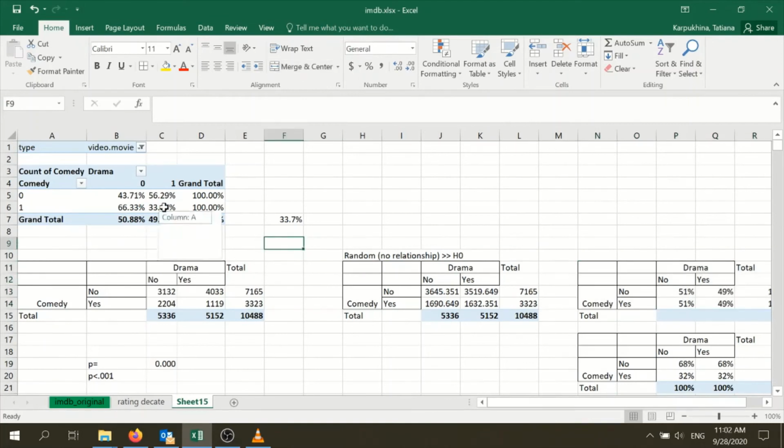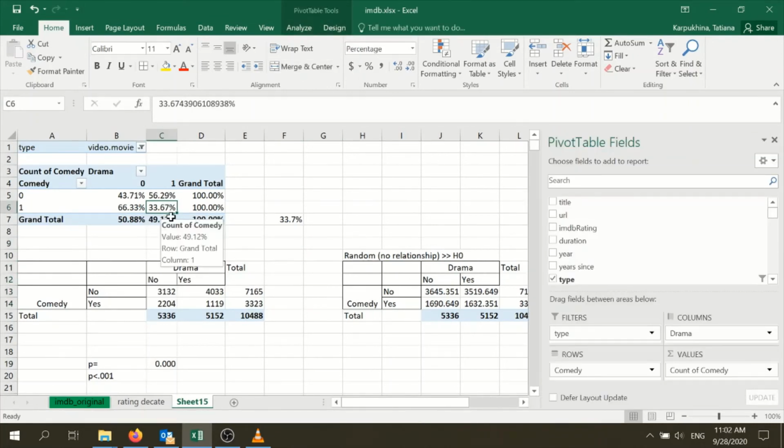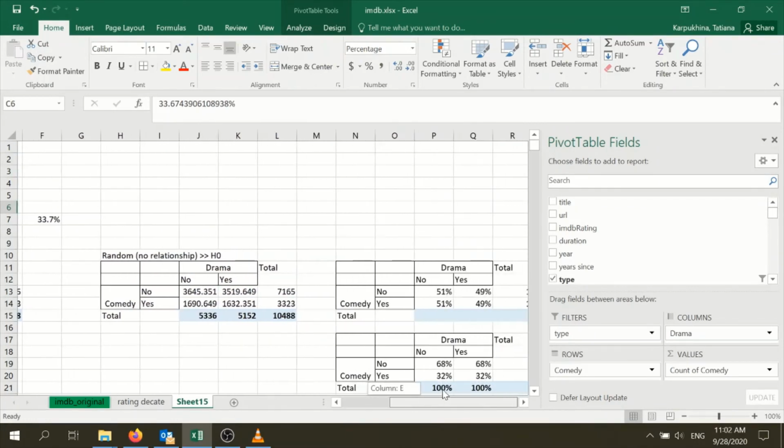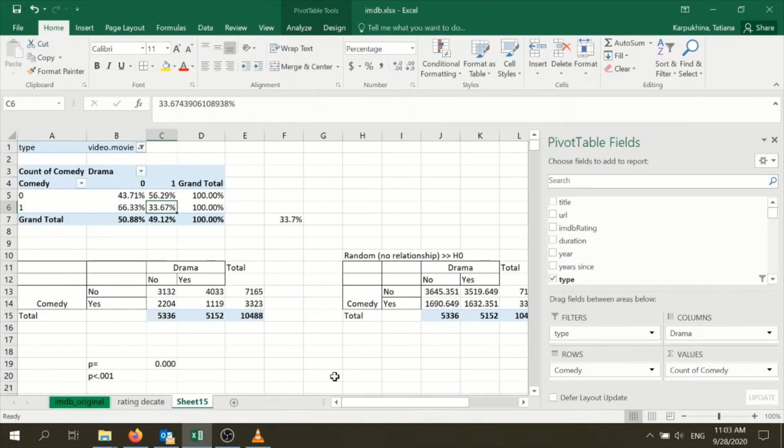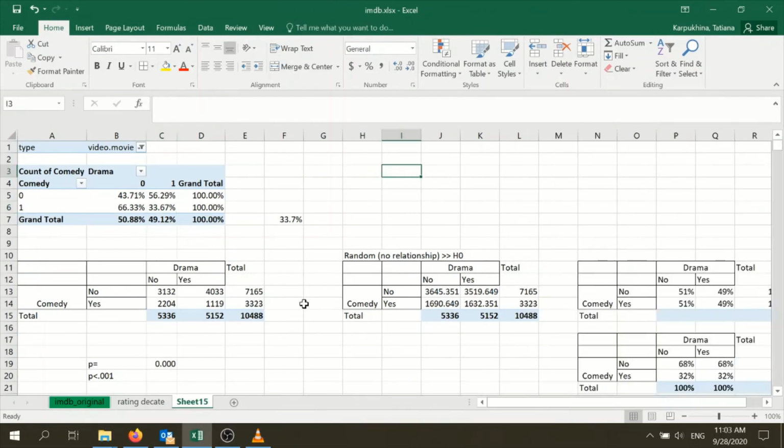Have a look. It looks like out of all comedy movies, also 33.5% are drama movies. In our data, we predict if it was nothing, it would be 49. So it looks like it's less than random. Like this is easier to see. So we're comparing 33 to 49. 49 would have been, there is no relationship. 33, there is. So it's actually less likely than random to have comedy and drama together,